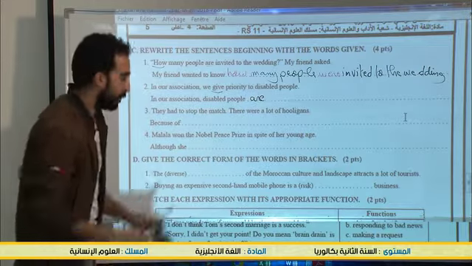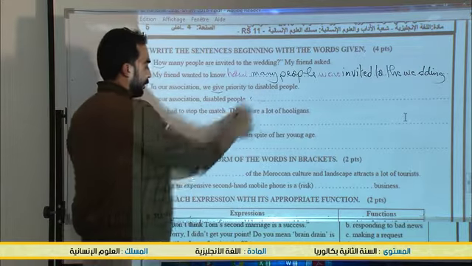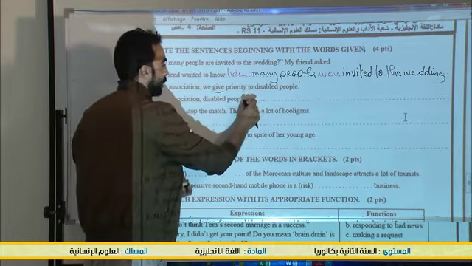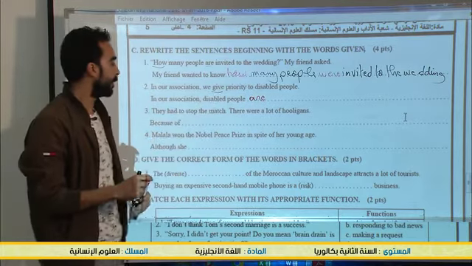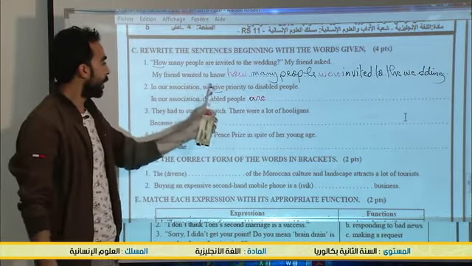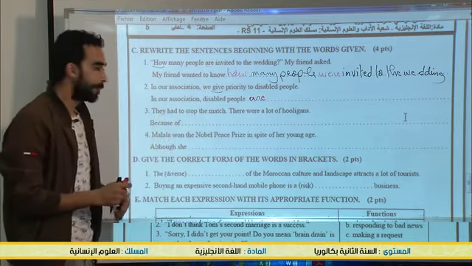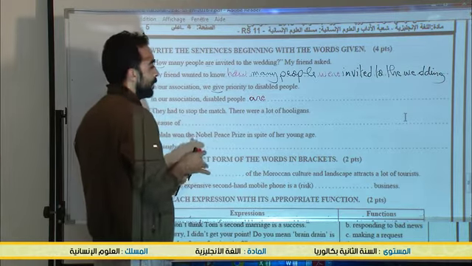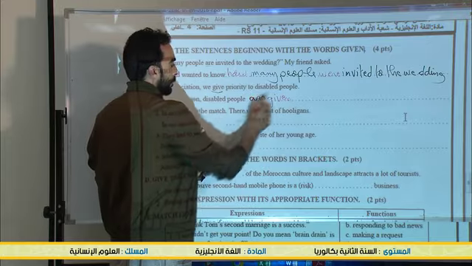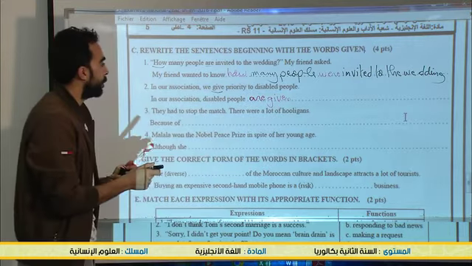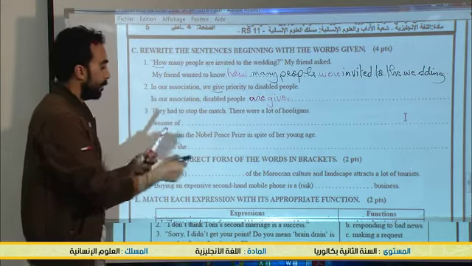Okay, so let's write in another color. Are. So this is very important. This is why I wrote it in red. So are, and we add the past participle of the verb give, which is given. Given priority.